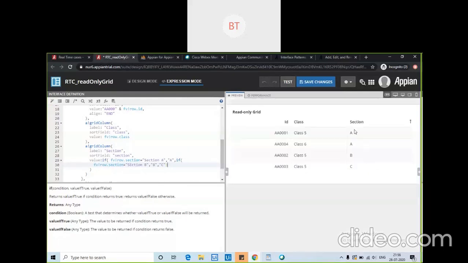So see, now here it will come like A, B, C. It will not come as section A, section B, section C.